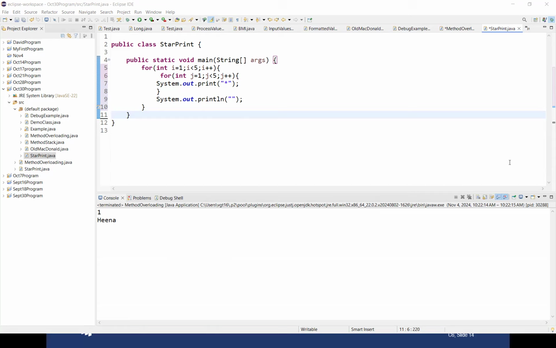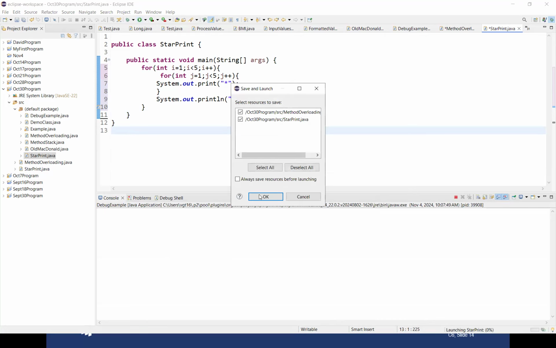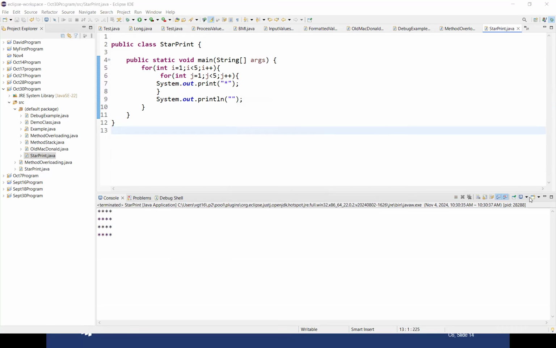And each line will have how many stars? Each line would have 4 stars. 4 stars? Yes. So if I run this, let's see, it is 4 stars in the line, and total